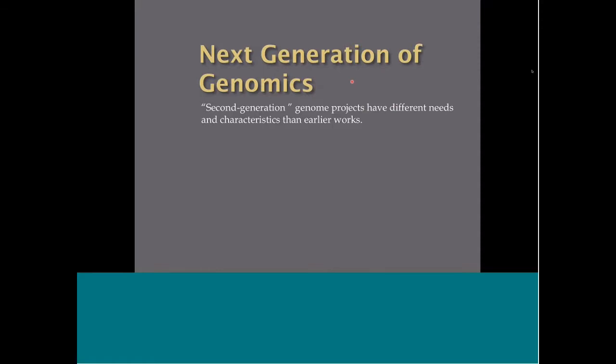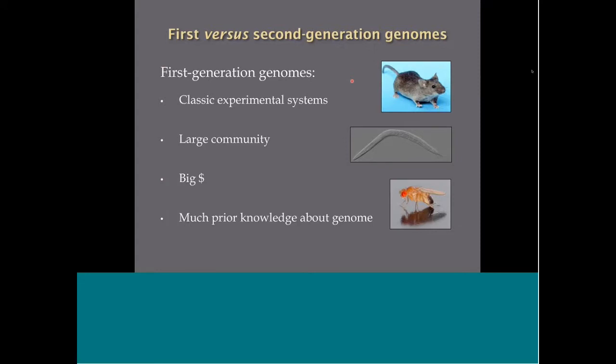Earlier, when I introduced Maker, I presented it as a tool for second-generation genome projects. This is because falling sequencing costs have led to a major transition in the types of genomes being sequenced, what groups are sequencing them, and how they perform their analysis. So let me explain. Historically, because of the high costs of genome sequencing, first-generation genome projects focused on classical model